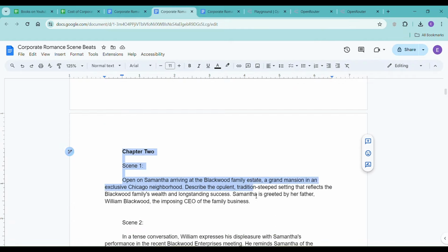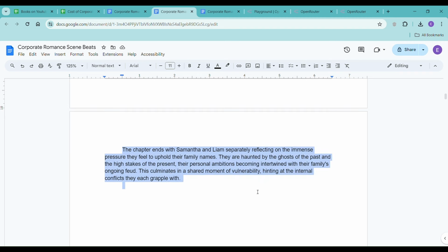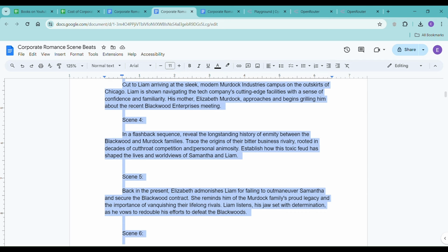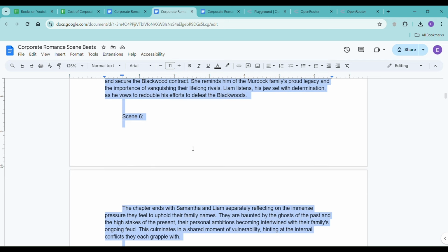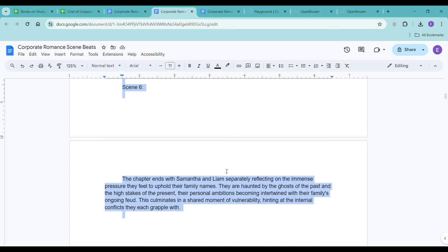I'm going to say these are the scene beats for chapter 2. There's a flashback scene here that I don't like, but I want to see what it does with it. There's also this thing where they're separately reflecting on the immense pressure. They're separate, but it's one scene, so I want to see what it does there too.